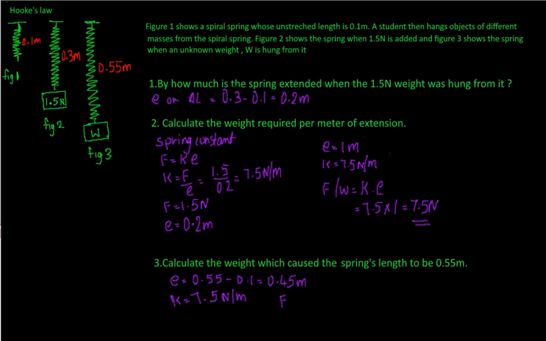F equals K times E, which is equal to 7.5 times 0.45, which is equal to 3.375 newtons. So the answer